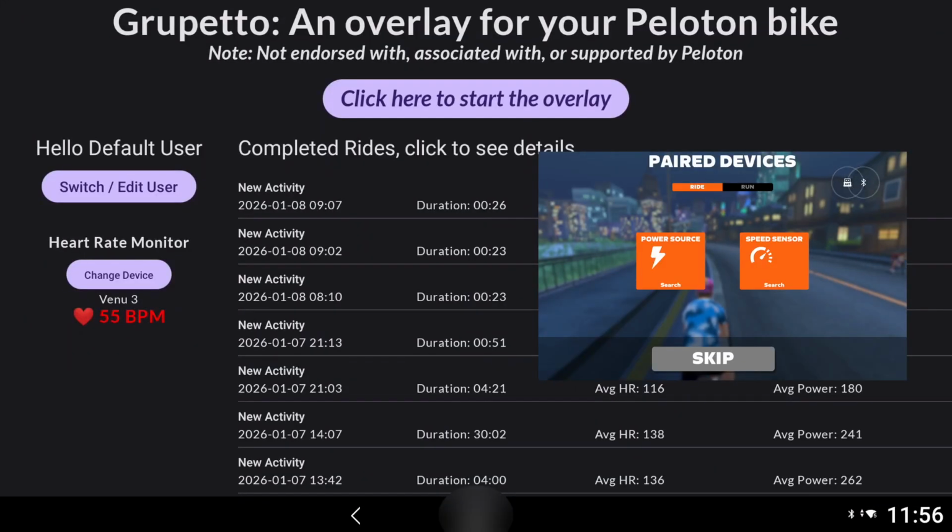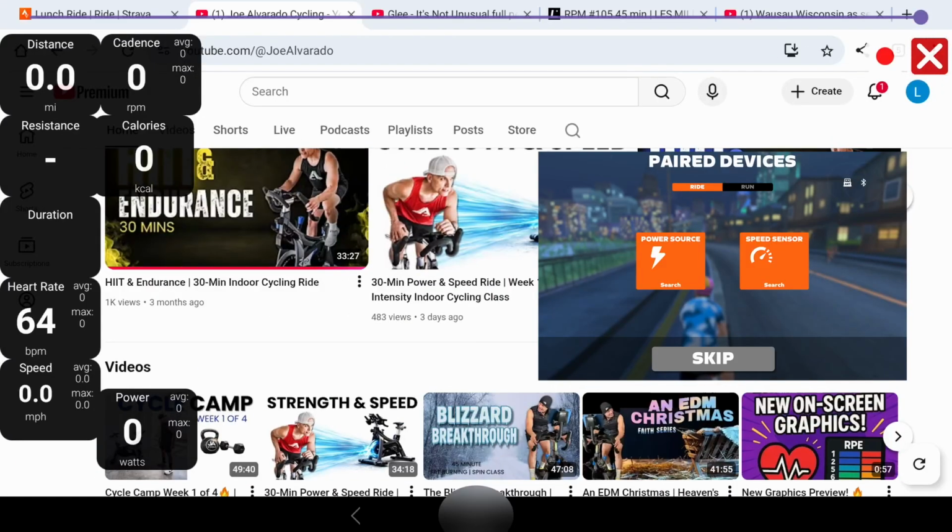One of the final new additions to Grupetto is that if you have a Bike Plus, it will broadcast to Zwift and receive the information from Zwift so that it will act almost like a smart trainer. To do this, click on Start the Overlay. When you start the overlay, it's going to start broadcasting in BLE. On Zwift,